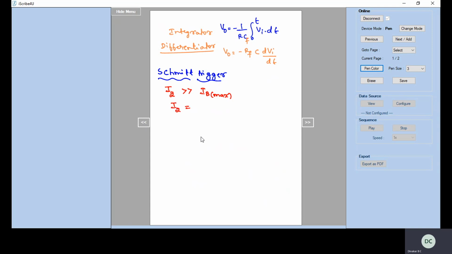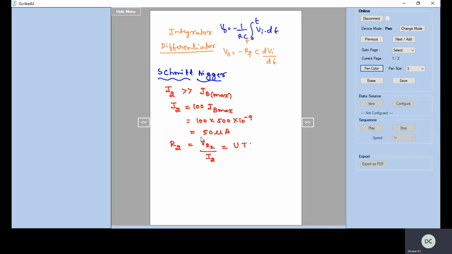So I2 is equal to 100 times IB max. That is 100 into 500 nano, that is 500 into 10 to the power of minus 9. So you'll get 50 microamperes,